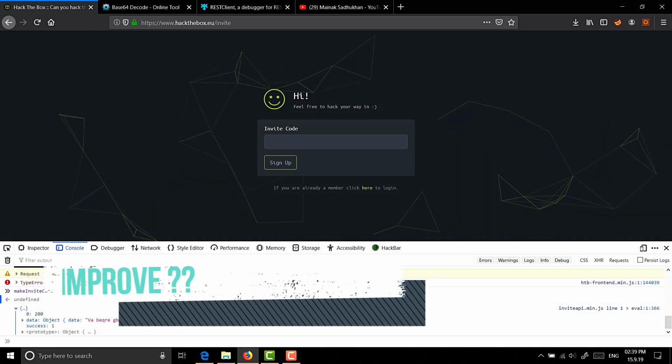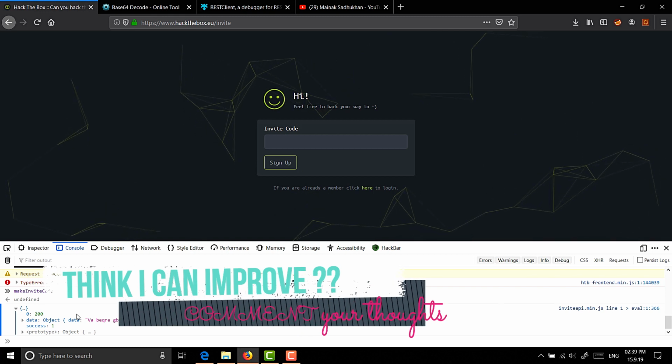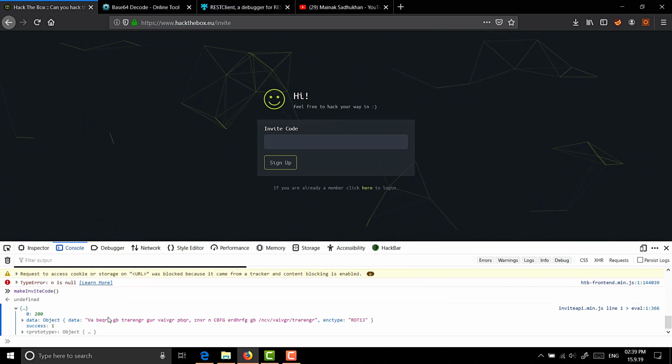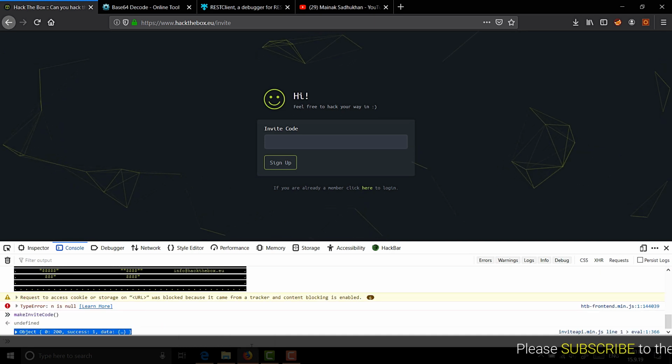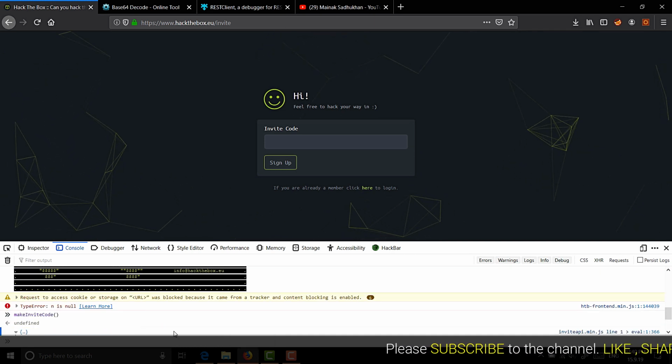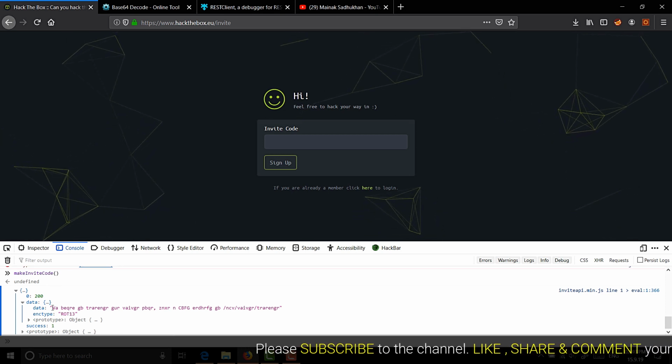Once we have expanded it, we can see there is a data, and this is a string basically, and beside that there is another parameter which says enctype. Now this is the encoding type. ROT13 is a type of encoding algorithm, so this data is basically encoded in ROT13. So what we have to do is copy this particular data and then decode it with the ROT13 algorithm. So let us copy this data